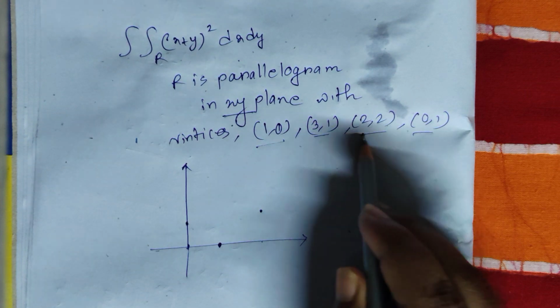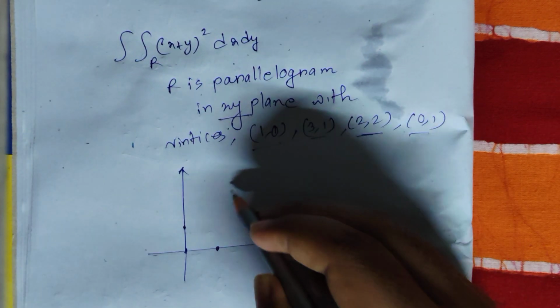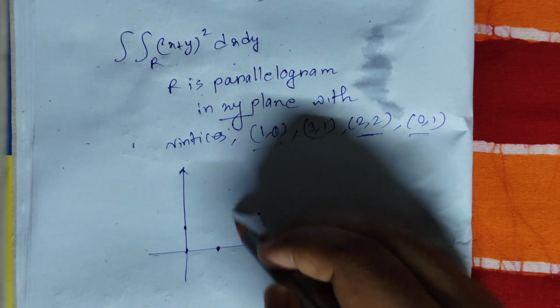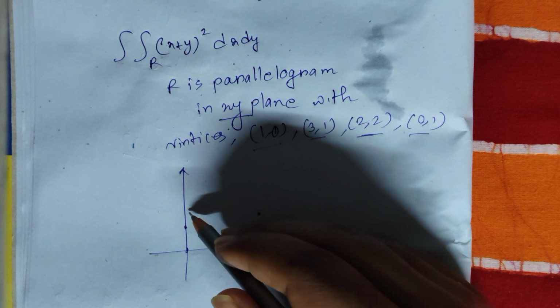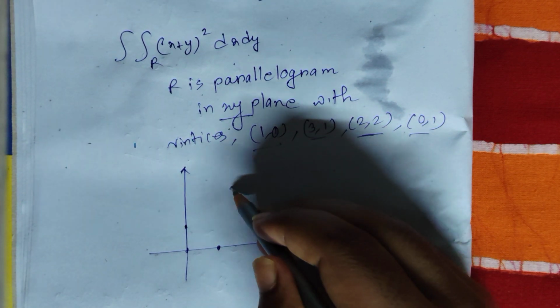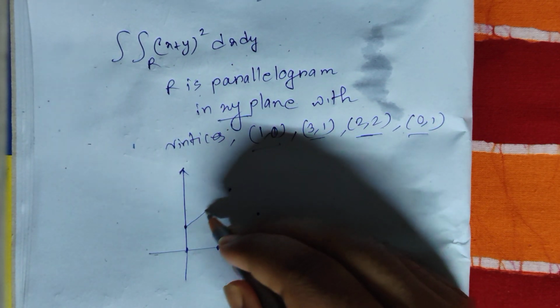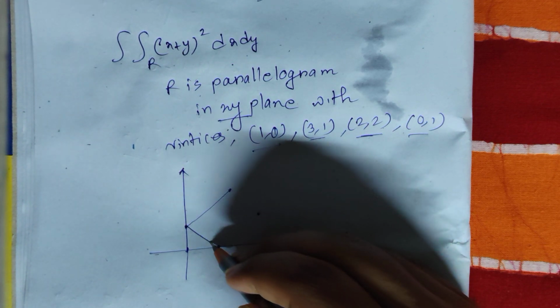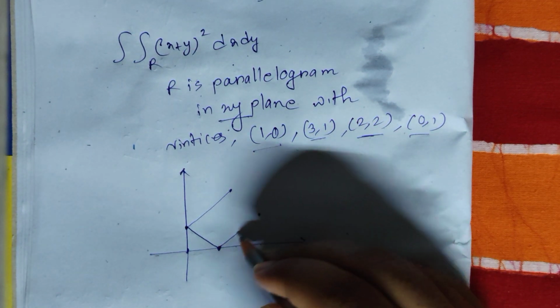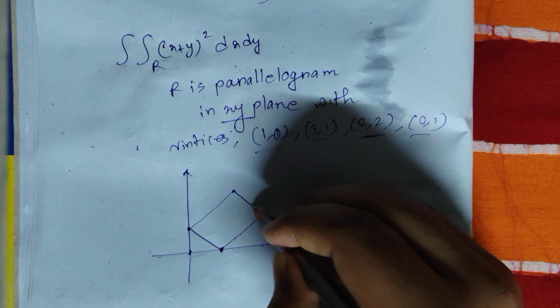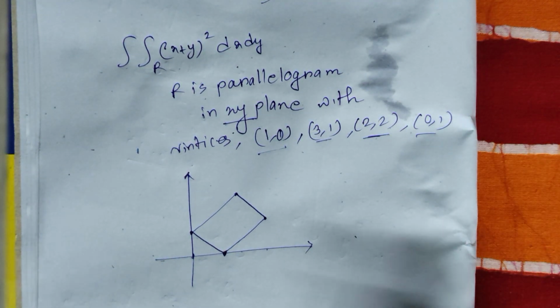Now we are talking about 2 comma 2, let's say this point. Basically this is 2 and this is also 2, so this is 2 comma 2. Now you can see here the parallelogram, right? Now what we can do,